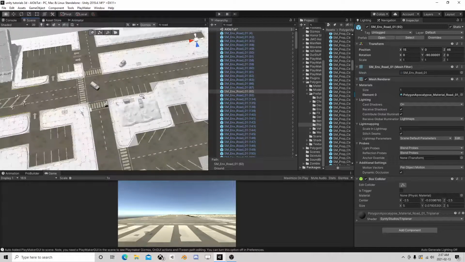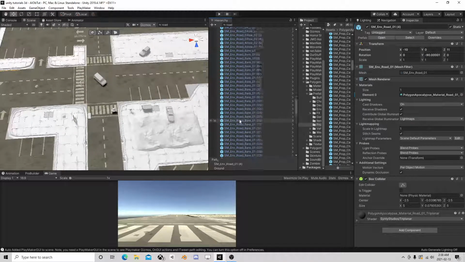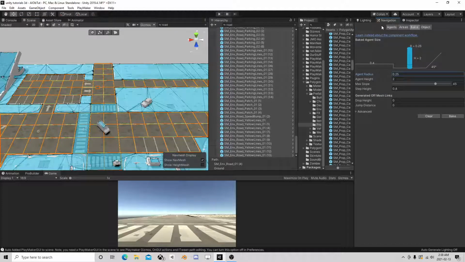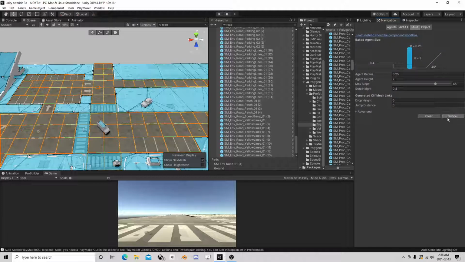Except for what's a road, right? So I can now select everything here because all that's showing up here is roads. So that's what I typed in, right? And if I go to navigation, areas, no, objects, I can say this is not walkable, or I can tell it to say this is a jump. Now if I bake,